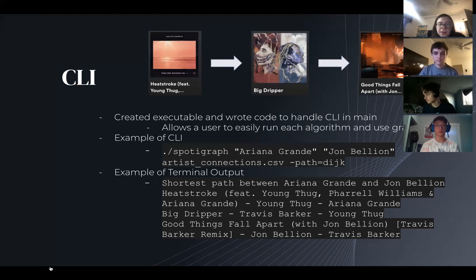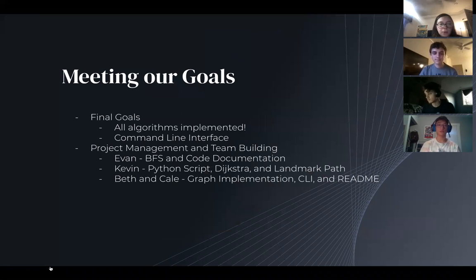And after this command is run, you will see the output below. What happens here is that the shortest path will be printed to the console containing the names of the songs and the collaborators linking each artist. In this example, Ariana Grande is linked to John Bellion through the songs Heartstroke, Big Dripper, and then Good Things Fall Apart. We are very pleased with our progress